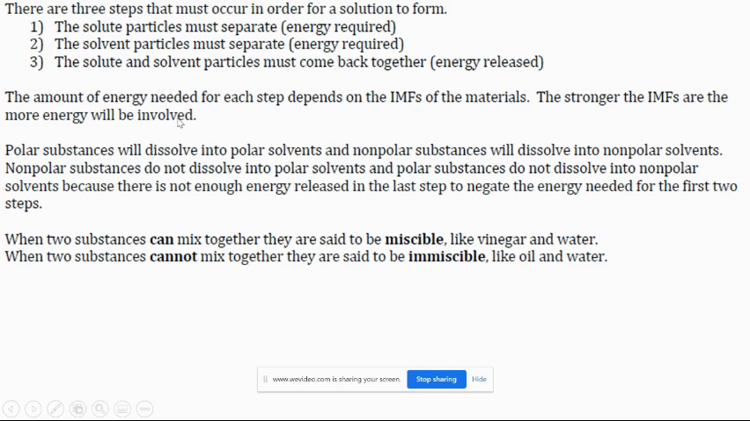The amount of energy needed for each step depends on the IMFs of the material. The stronger the IMFs, the more energy is going to be involved. Polar substances will dissolve into polar substances. Nonpolar substances will dissolve into nonpolar. Nonpolar substances do not dissolve into polar, and vice versa. There's not enough energy released in the last step to negate the energy of the first 2 steps. So when 2 substances can mix together, they're said to be miscible. And when they cannot, they're immiscible,